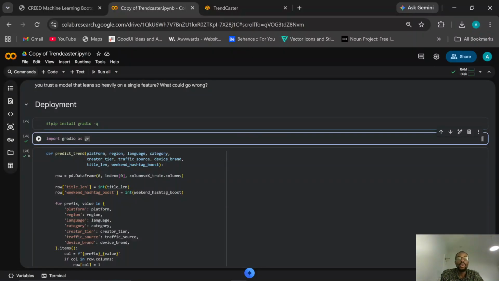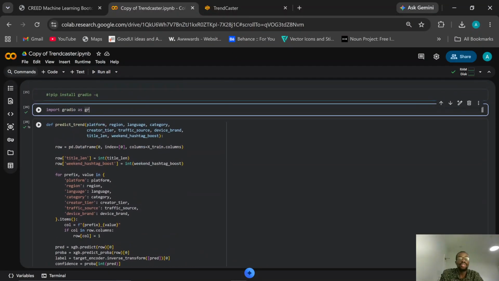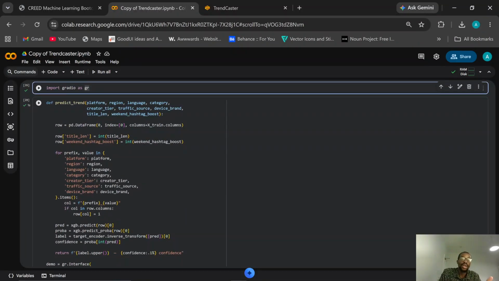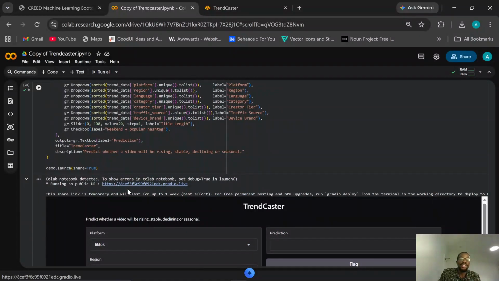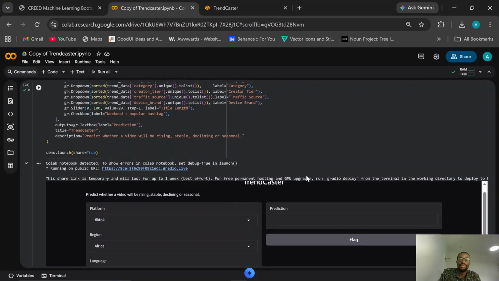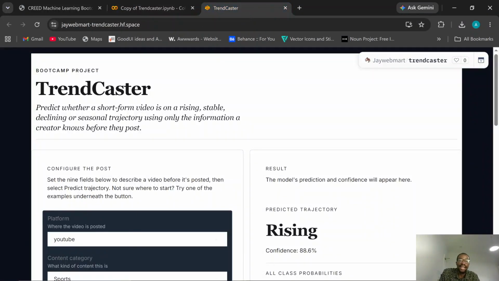So you import Gradio as gr, and then you deploy it using these codes. The code is relative. You can just blend in the code. You can use Claude to generate the code for deployment, which will be shown to you in day 4 of this series. So you can use Gradio to deploy it, and when it is done, it's going to give you a website that will temporarily last for you to show your demo. You can see it's a bit identical to what we have with TrendCaster here.